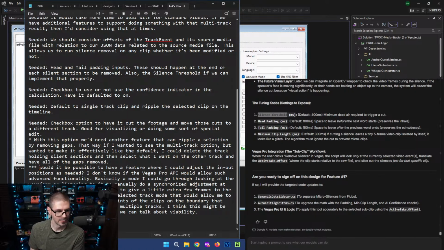Let's do a one star. With this option, we need another feature that can ripple a selection by removing gaps.